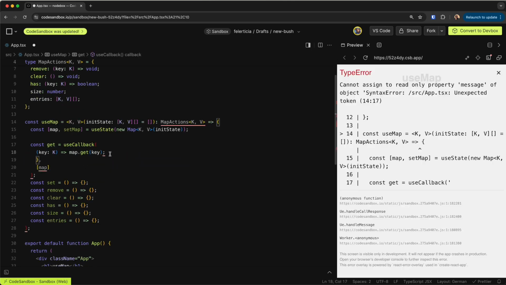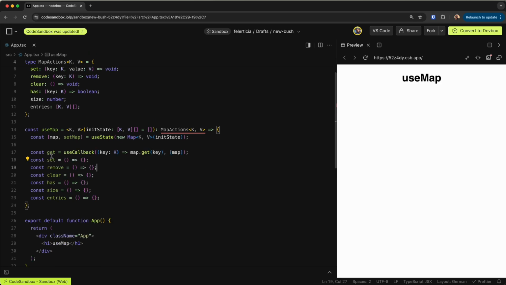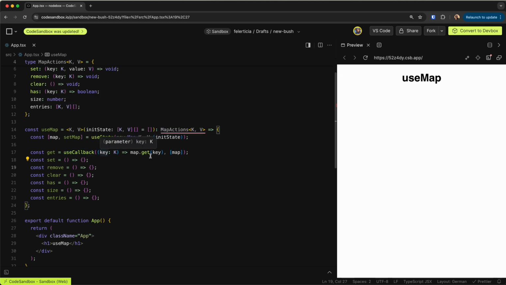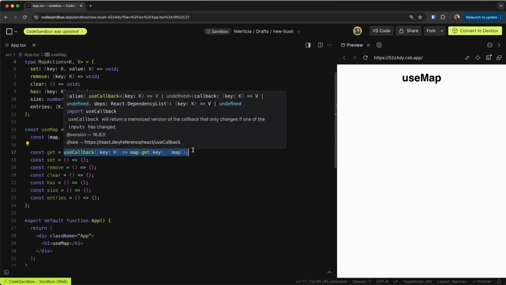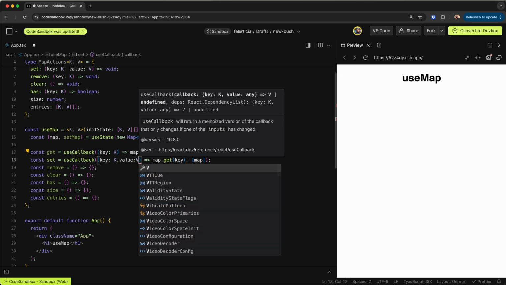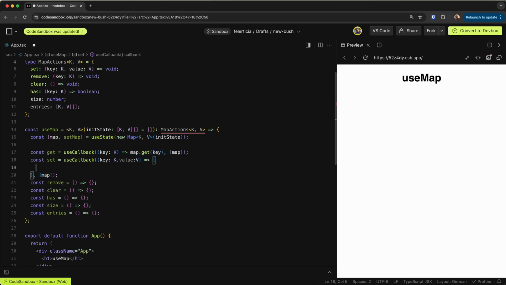Let me do it like this to make this shorter. Great. So I have the get, it uses useCallback, gets a key, and returns the value at that key. For this set, I will copy and paste this here to make life easier. Now for set I would get a key and a value of type V. Now this is a bit tricky. I need to provide a new map and return it